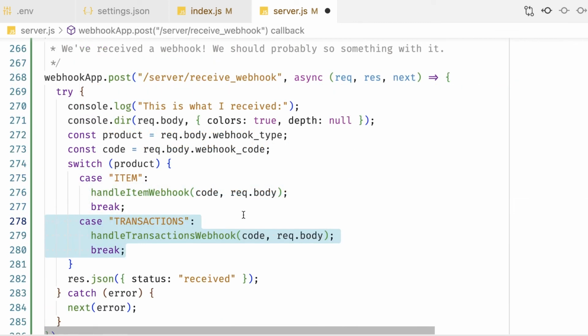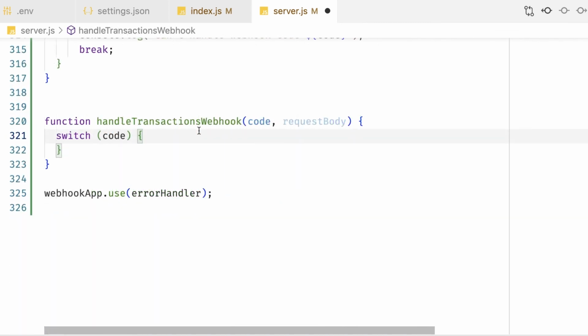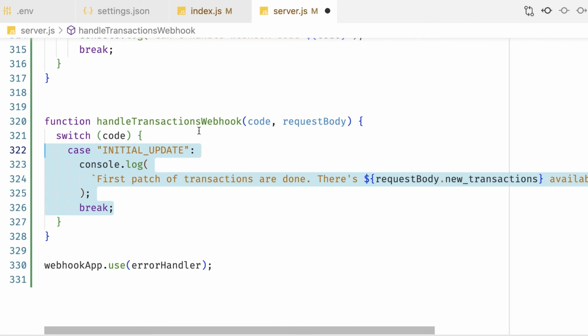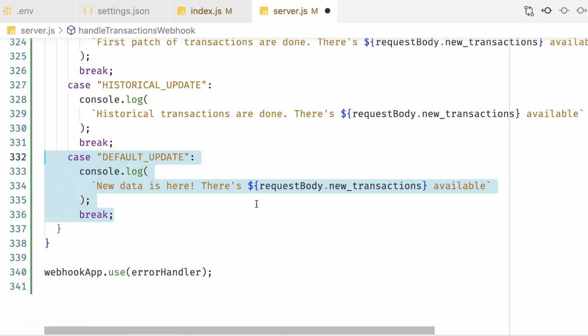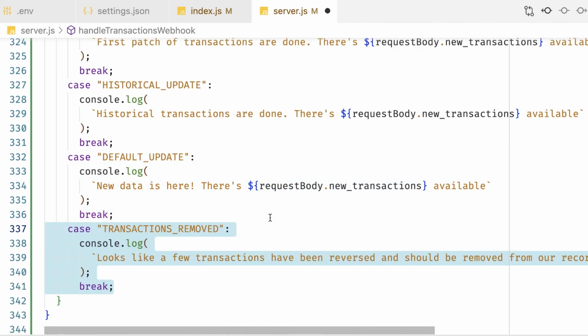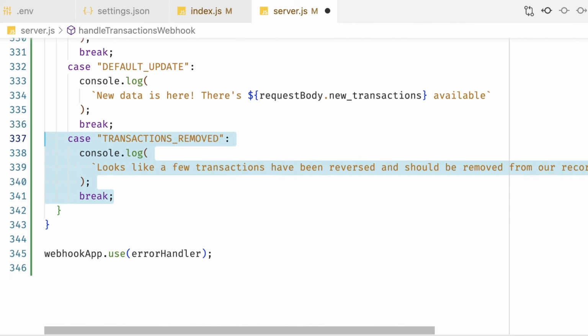For transactions, let's create a separate method for that. And we have webhooks for when the initial batch of transactions are downloaded and ready to go. By design, we tend to not send down a lot of detailed information with our webhooks, but one piece of information we do send across is the number of transactions that are now available. There's a similar webhook for when we're done collecting the first batch of historical data, one for when there's new data, and one for when certain transactions have been removed,